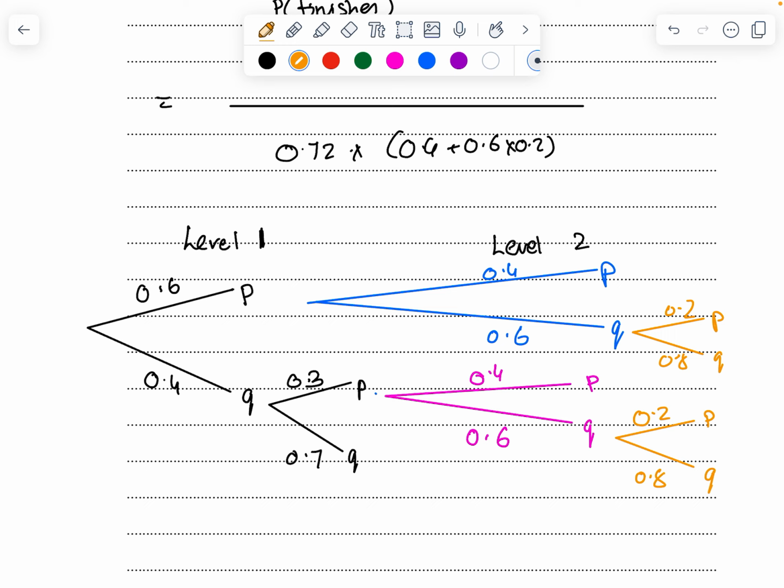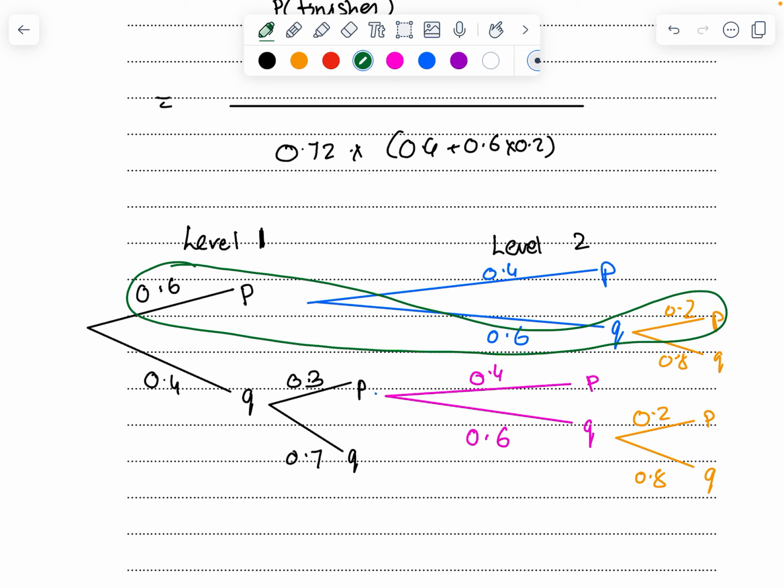That is the tree diagram. Now what is being asked in the question? It asks that she fails exactly one of the attempts. She can fail in the first attempt or in the second attempt, but she finishes. So it can be this way, 0.6, 0.6 and 0.6, in which she failed in one of the attempts. Or else it can be